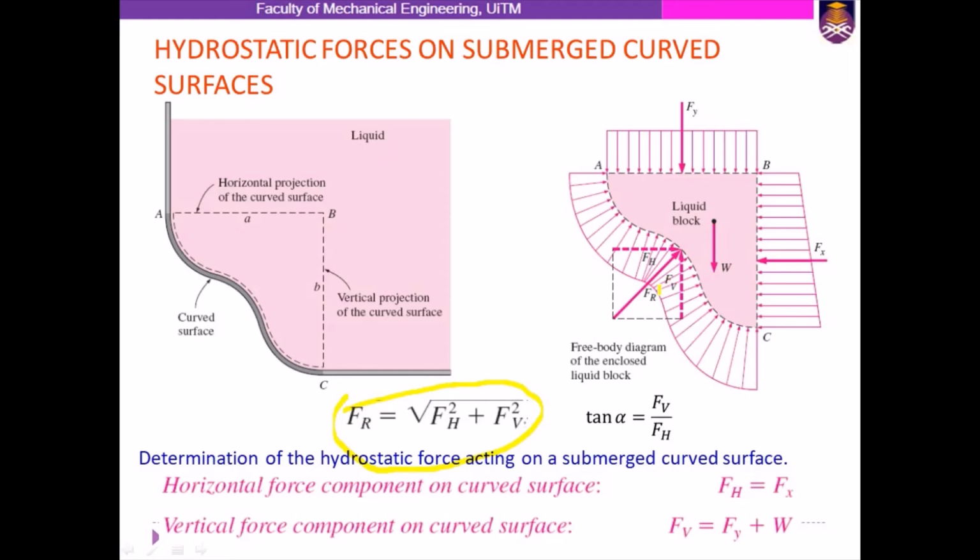And the tangent of the angle it makes with the horizontal is tan alpha equals the vertical force over the horizontal force. So this is the angle. The exact location of the line of action of the resultant force can be determined by taking a moment about an appropriate point. These discussions are valid for all curved surfaces, regardless of whether they are above or below